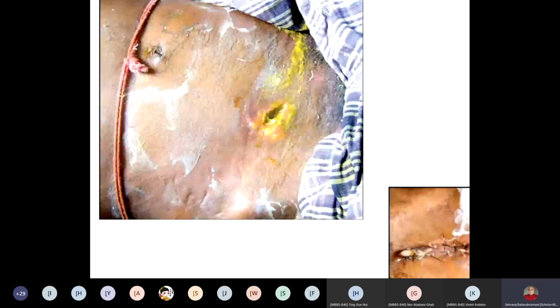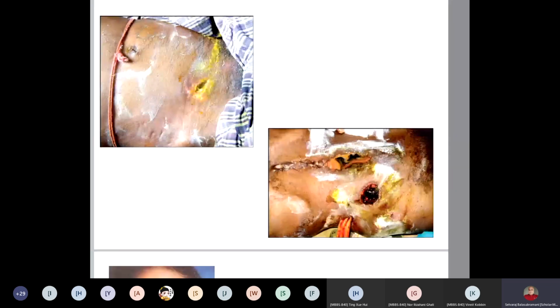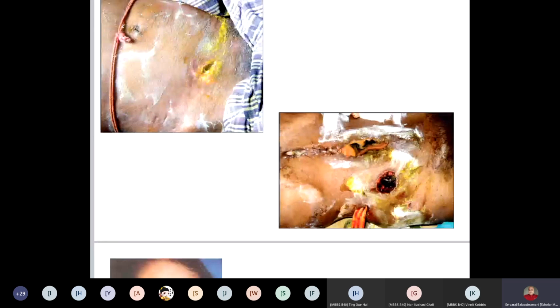But in this picture, you are seeing a lot of white stuff around the wound. What is that white stuff they have applied? They have applied something to prevent the skin irritation. This is nothing but zinc oxide cream. Enterocutaneous fistula is also one of the important topics for postgraduates in surgery, not for undergraduates. You can see it as one of the complications of many GI surgeries. Enterocutaneous fistula or fecal fistula.